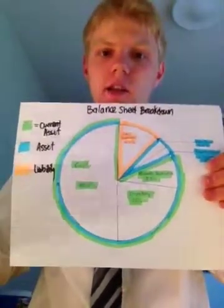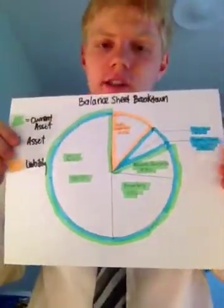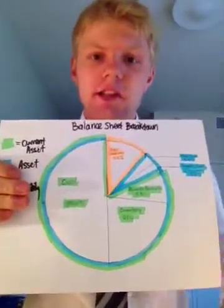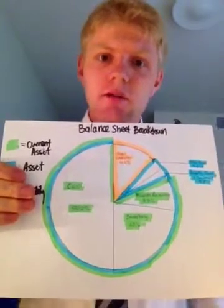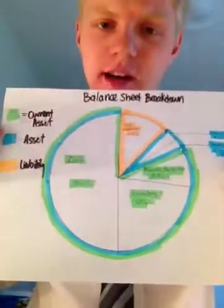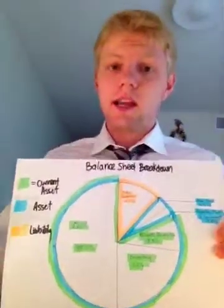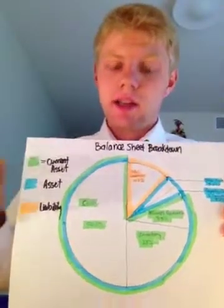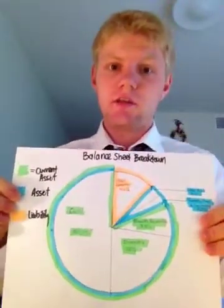What makes this secure is that they have a lot of assets compared to their liabilities, as you can see here, which means that they can pay off any obligations that come up without eating into shareholder value. Additionally, the green ring here, the current assets, is almost all of their assets, which means that they can quickly withdraw cash if they need to at a pinch